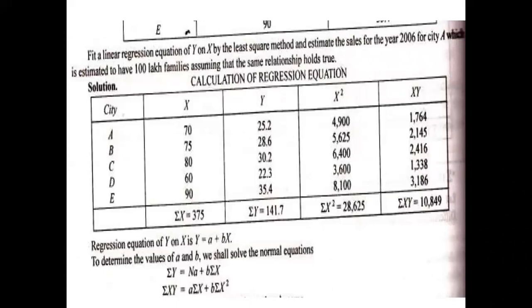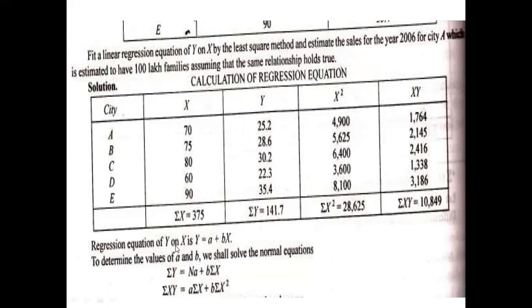यहाँ पर जो y है, as you can go through the table. अब आपको जो टेबल में आप देखेंगे अगर, तो आपको जो डेटा गिवन है इन द क्वेश्चन इटसेल्फ. These are the various cities A, B, C, D, E, and x and y values are given in the question itself. So these are the values which are given in the question automatically. Here the value of n will be the number of cities always. Whatever is the number of items, that is denoted by n.